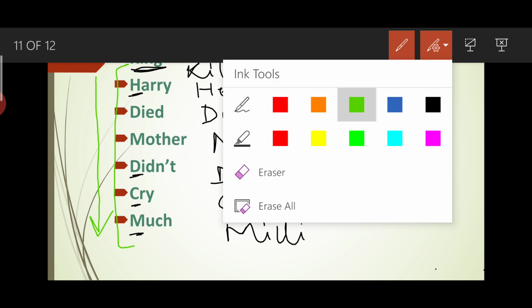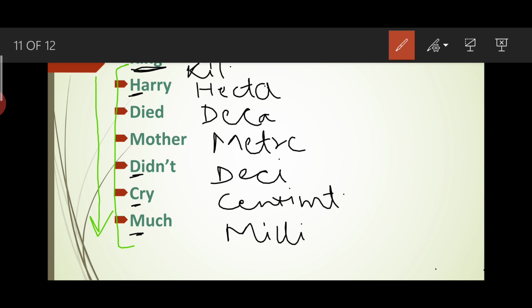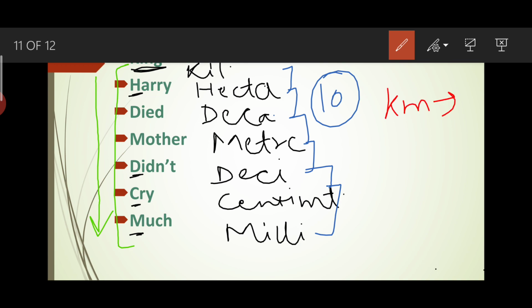एंड अनदर थिंग दैट यू हैव टू कीप इन माइंड इज दैट the distance between each of these values is 10. That is किलोमीटर से हेक्टामीटर 10 है, हेक्टा से डेका 10 है, डेका से मीटर 10 है, सबका डिस्टेंस 10 10 10 है. नाउ व्हाट यू हैव टू डू, सपोज इफ़ यू हैव टू सॉल्व किलोमीटर टू मीटर. अगर तुम्हें बताना है कि किलोमीटर से मीटर में कितना 10 के मल्टीपल होंगे, तो फर्स्ट ऑफ ऑल, किलोमीटर से स्टार्ट करो, मीटर कहाँ है, यहाँ पे है, यहाँ तक आना है, कितना आओगे, 1 2 and 3.